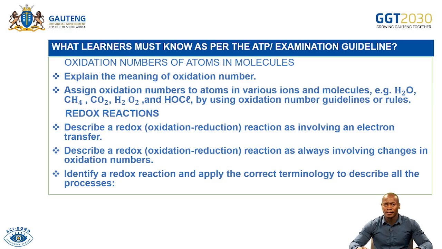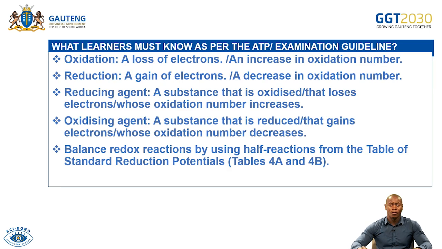Right, grade 11s, as per your ATP or your examination guidelines, this is what you need to know under redox reactions. One, oxidation numbers of atoms in molecules: explain the meaning of oxidation number, assign oxidation numbers to atoms in various ions and molecules, and describe a redox reaction. Identify redox reactions and apply the correct terminology to describe all the processes, oxidation numbers, define oxidation and reduction